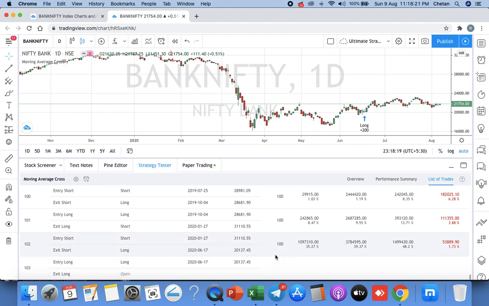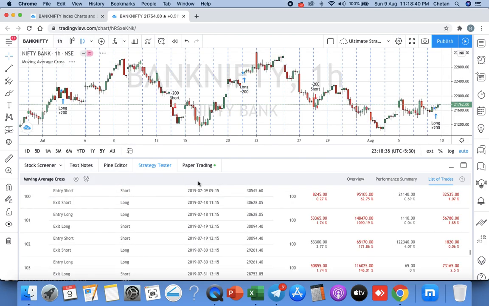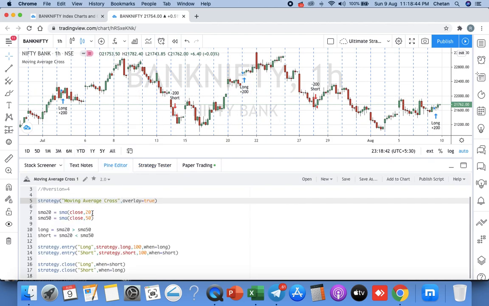So in the current position, we are entering the long at current 20,137 levels. We entered the position in the daily chart. 100 quantity, we entered long position, and this is the profit. So this way you can do the back testing, and we can fine tune by changing the moving averages. If you change the time frame from daily time frame to hourly time frame, you can see the profit also. The same moving average crossover, the same period only, 20 period, 50 period crossover in 1 hour chart also.